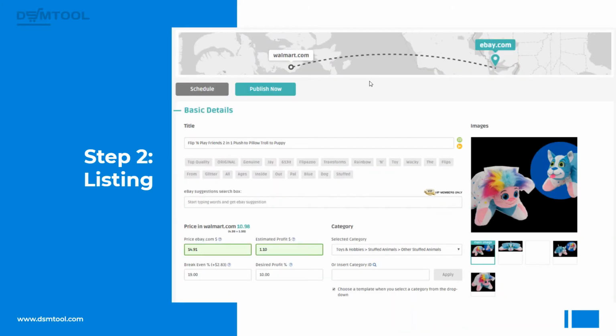The second step is listing your products. Usually, listing your products manually would mean that you have to copy and paste all of the information from the supplier website. So for example, that product from Walmart, I'll have to take the picture of that product, the title of that product. I would have to calculate the price that I want to sell the product for. But if you think about it for a second, then the price has to include some